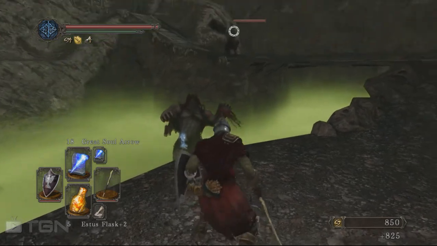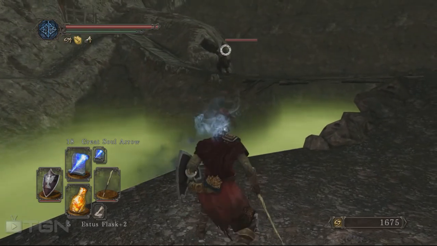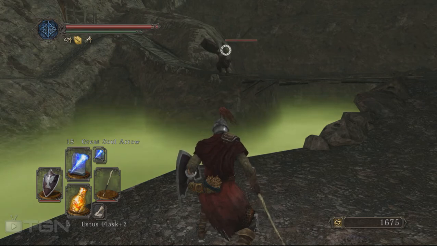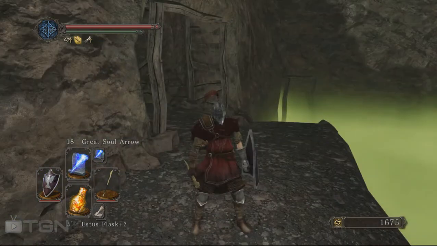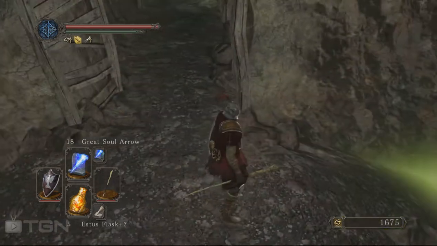Alright, so this one is down. And there is this big one here. So these guys with the armor are dropping Titanite slab. I don't know. Anyway, they are dropping these Titanite things, which allow you to improve your weapon. So sometimes you are just lucky with these guys. So I'm going to